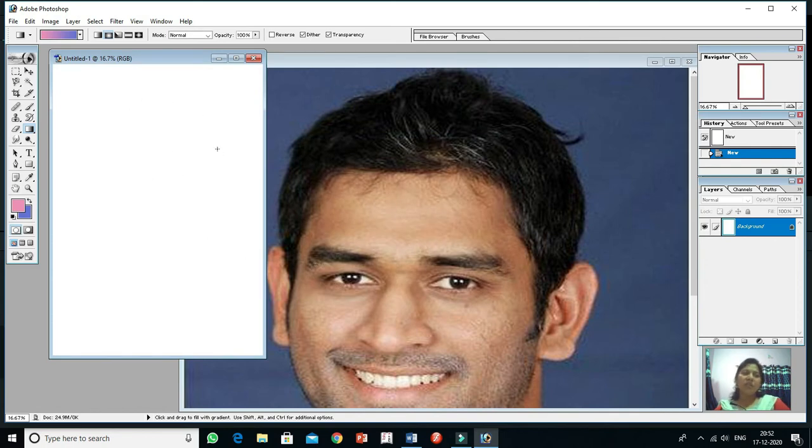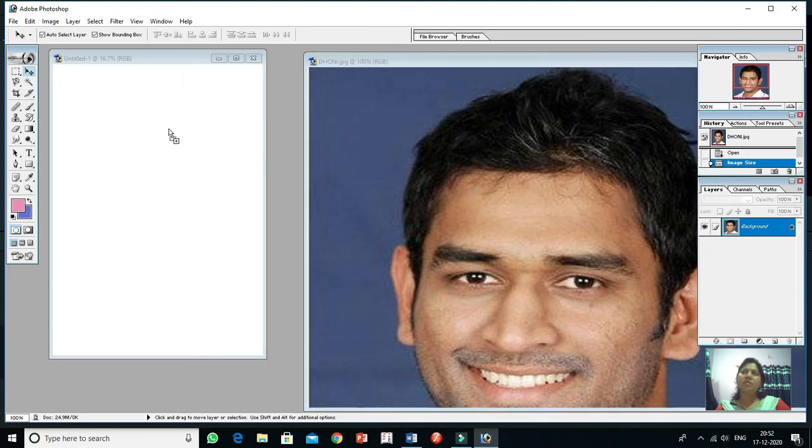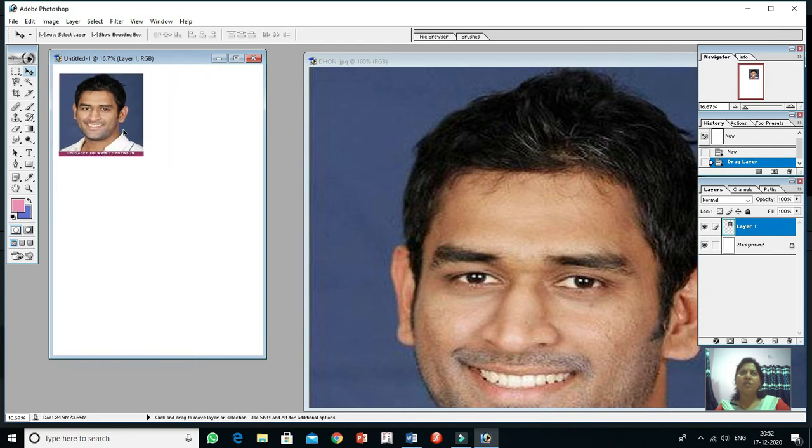Now move this picture and place it here. So select the move tool, drag this object and place it here. Okay, see, one object is displayed. So how to make more than one object?